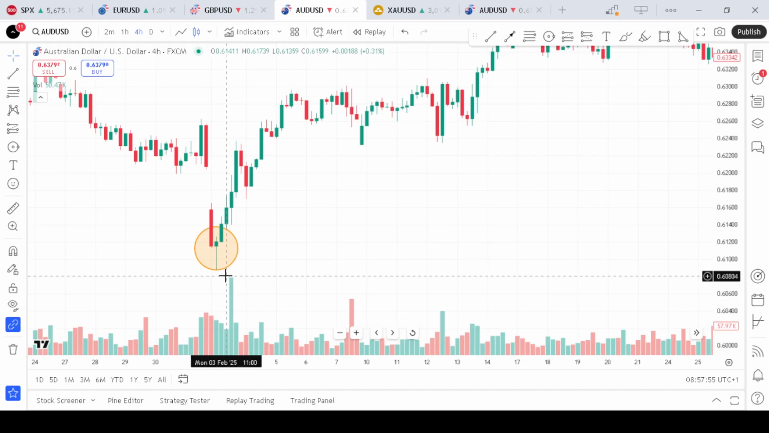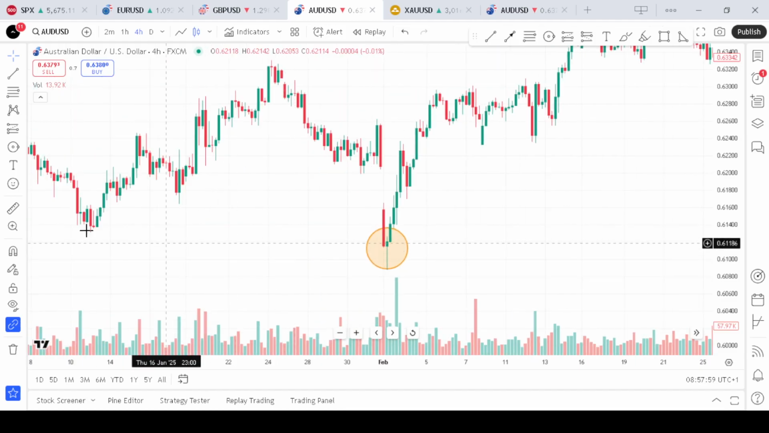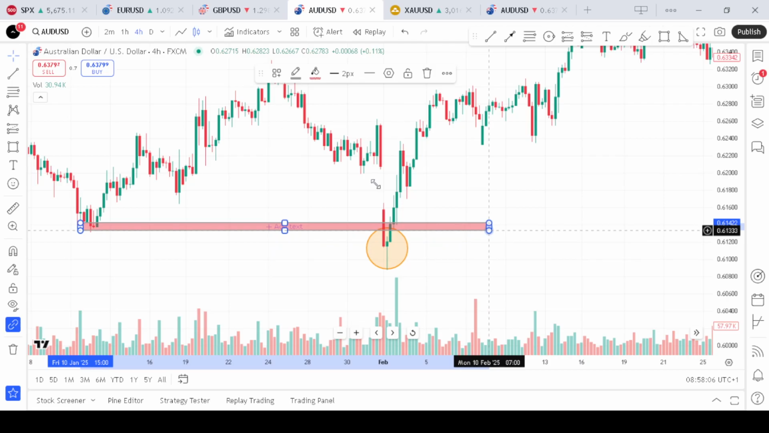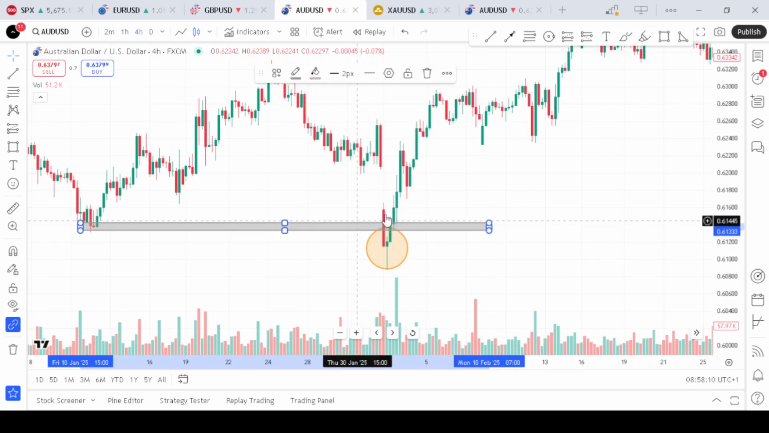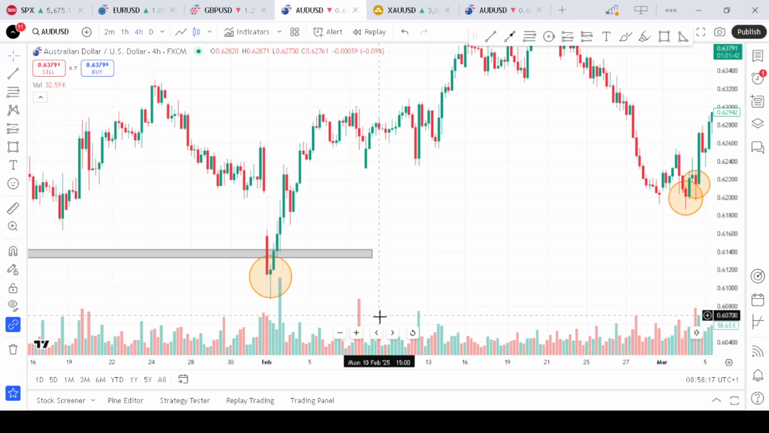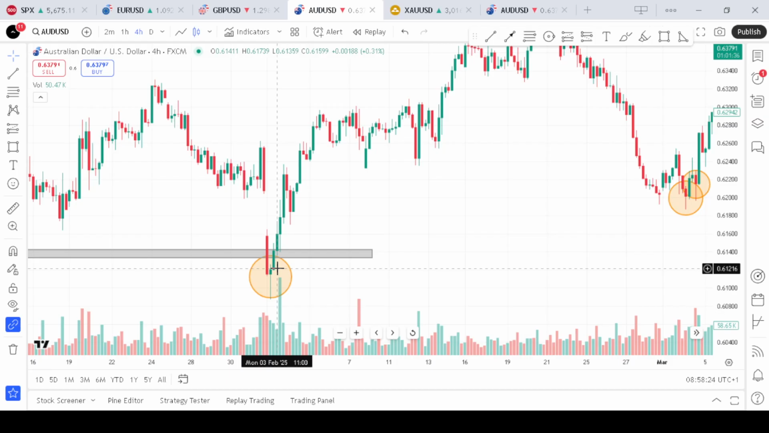This pattern is more significant if it appears at a level of support, and it appeared at a level of support. If you can mark out this previous swing low here, you can see this is a level of support that the pattern appeared at. This is a level of support. Even if it broke below, it broke back up to the upside, showing that price was still respecting this support area. To confirm your reversal, you have to wait for the next candle to close above or gap above the